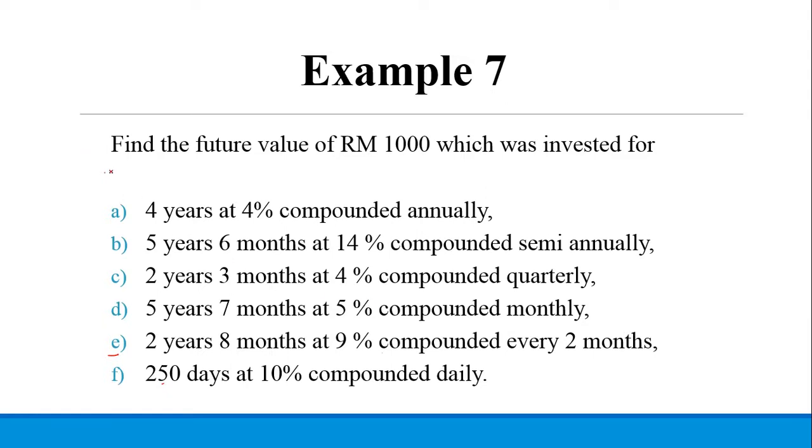First I calculate I, which is R divided by M. R is 9%. Every 2 months means how many times per year? 12 months divided by 2, you get 6 times. So 0.09 divided by 6, you get